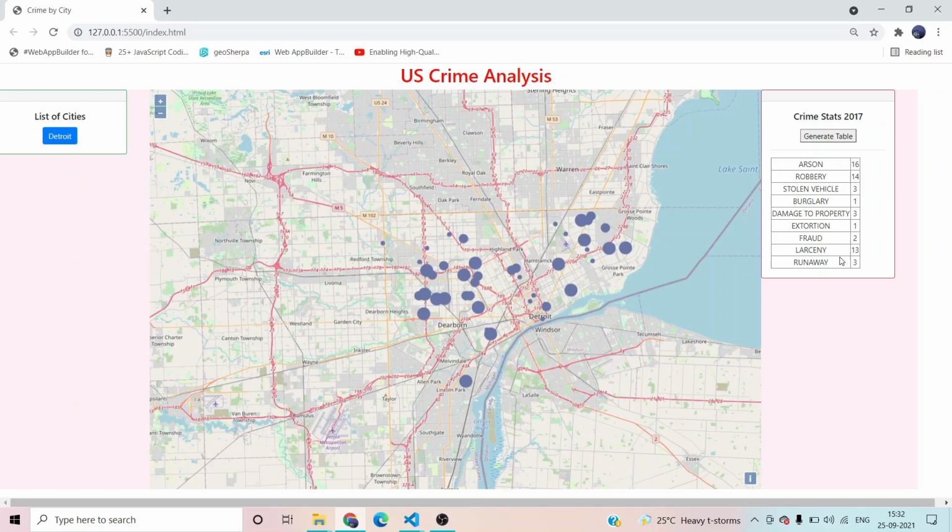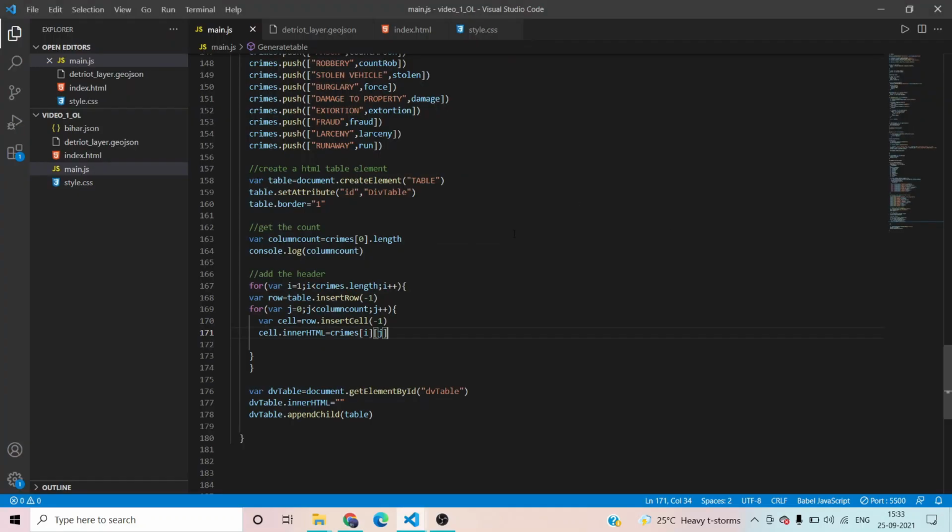But I think there is an error. We are not getting the header part. Okay, so let's see what is the error here. Get the count at the header. Okay. So what I've done is I have written the header part, but I'm adding all the categories and total reported in the header part only. Okay, so we no need to go through this loop first of all,